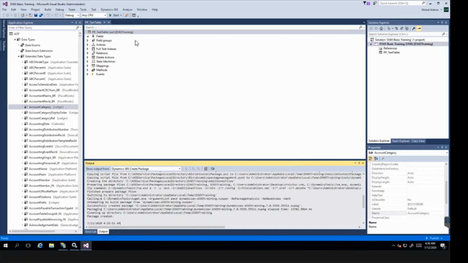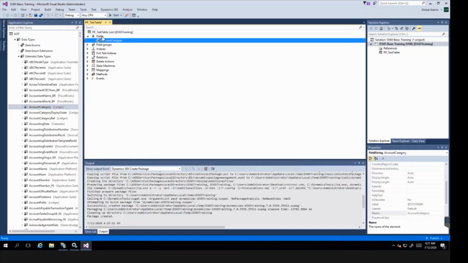Earlier I defined my model as a new one in which I was not using any of the existing objects of reference packages. Now in between I got the requirement that I have to use the base objects, base EDT. The referenced package name was ledger. So this I have used in my existing model. Now let's see if I am able to drag and drop this. So account category, I will take this field. See, now I am able to use this. So this is the concept of model. This is all about model management.